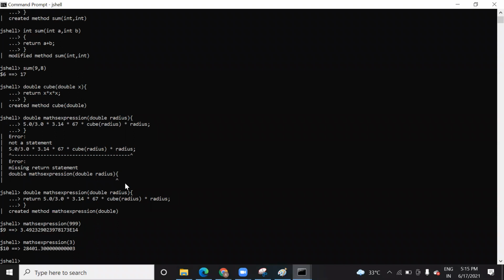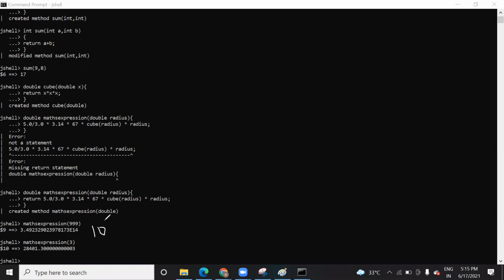E14 means 10 to the power 14 here. Okay, that's why it is showing small. E14 means 10 to the power 14. So you did not see that? No, I did not see that. So it will be 10 to the power 14.